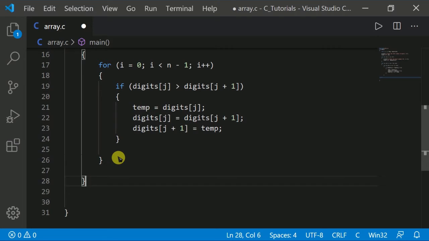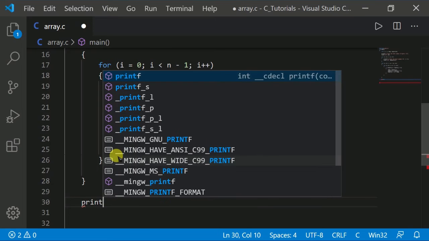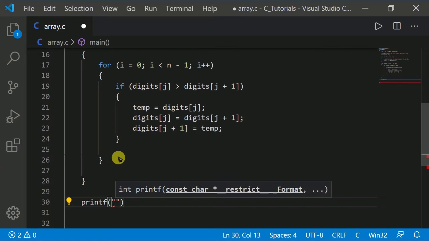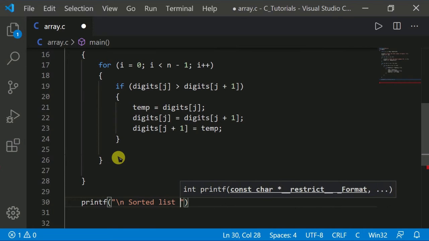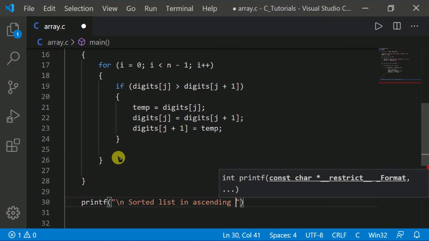After that we will print a message with printf, on a new line with \n, "Sorted list in ascending order is".